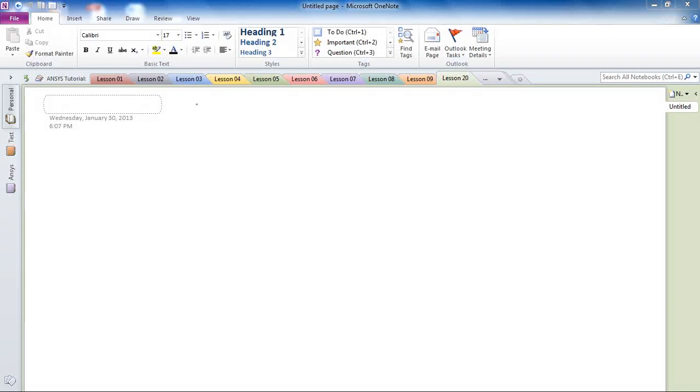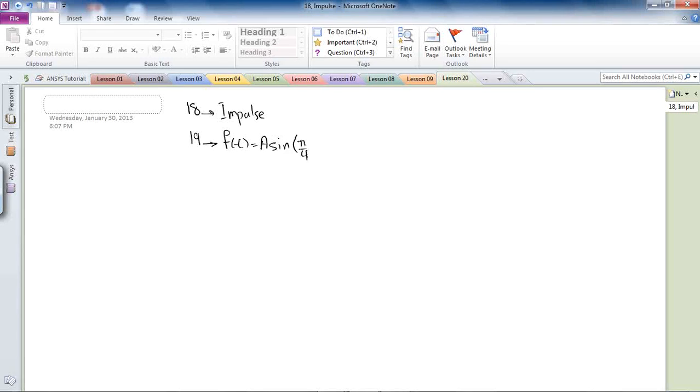So in lesson 18, we studied impulse loading, which was basically a load applied to a sample at a very short period of time. And in lesson 19, we studied a time-dependent load of f(t) equal to amplitude times sine of pi over 4 times t. This time in lesson 20, we're going to study a load which is not constant, but stepped, like step loading, like this,